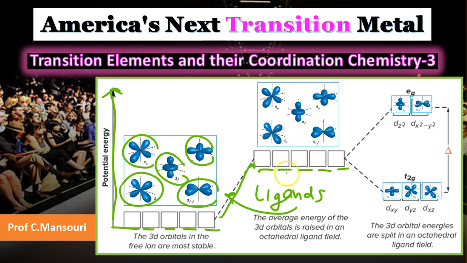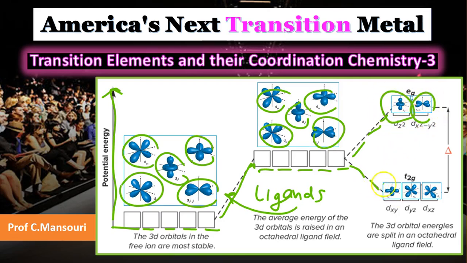Even though, yes, the energy is going to increase based on the shape of the d orbitals, and we have different shapes, some shaped d orbitals are going to have different energies than other shaped d orbitals. And so what happens is our d orbital energies are going to split. So we have two shapes that are going to be higher in energy and three shapes that are going to be a little bit lower in energy, based on the octahedral complex ion that our course mainly focuses on.